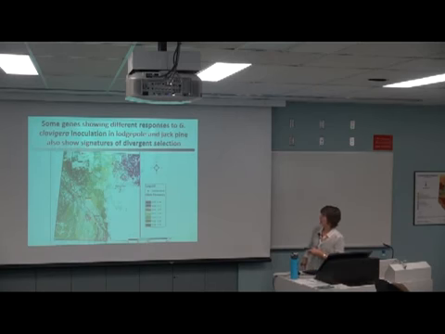This is really hot off the press. This is like Monday, where we now have the ability to connect differences in allelic variation for different genes over the landscape with whether or not those genes show a differential response to water deficit, to inoculation. And this is one such gene.